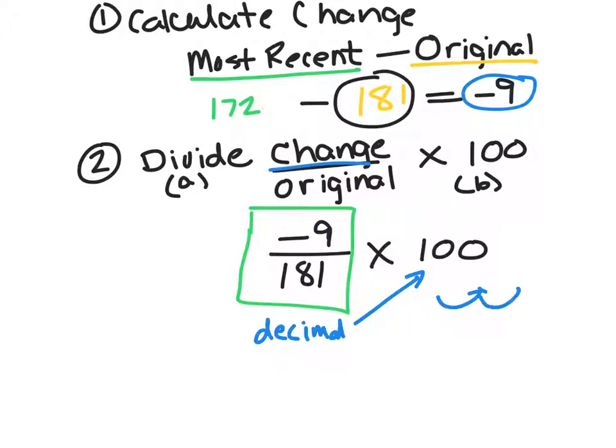You take the decimal and you move it 2 places to the right to turn it into a percent. Well, taking that decimal and multiplying it by 100 accomplishes the same thing. And that way I don't have to worry about how to round that decimal. So in my calculator, I just did -9 divided by 181, and then I multiplied by 100, and I got